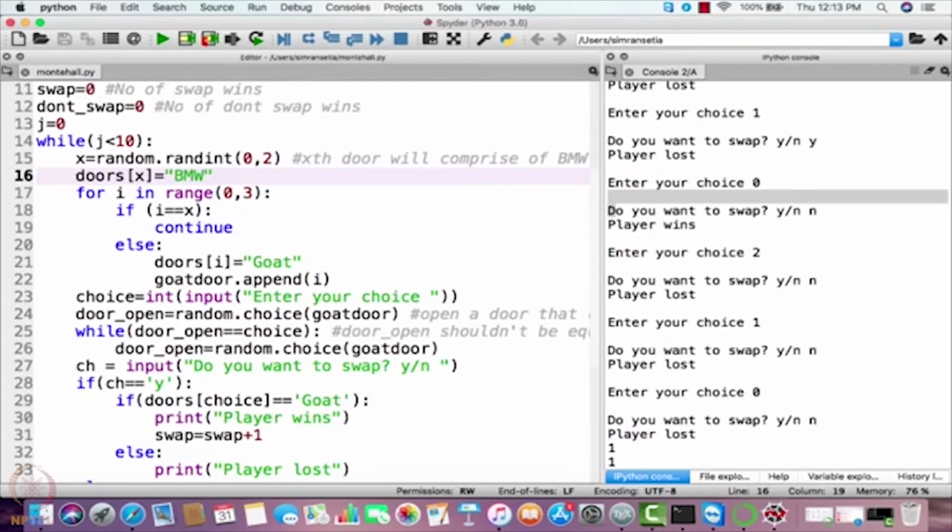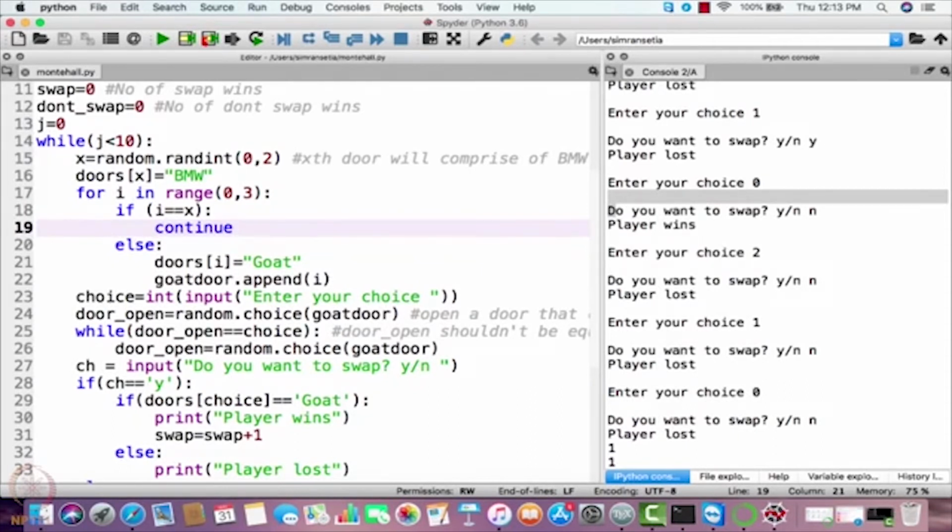After that, I am taking a variable x here. This particular door, the exit door, will comprise the BMW. Then we are using a for loop here, because the rest of the doors would comprise goats. The exit door comprises the BMW and the rest of the doors comprise goats. Now we are using a new keyword here, continue. Why am I using it here?